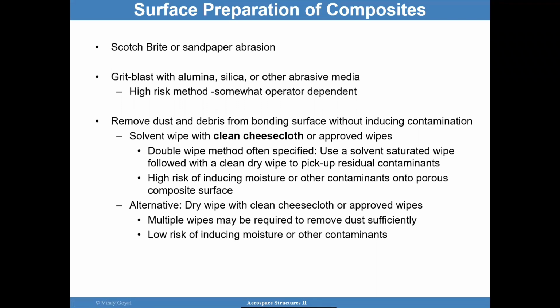So surface preparation of composites is extremely important. There's a lot of different ways to approach it. Abrading the surfaces to increase that connection between the adhesive and the adherend. You have the grit blast approach. It is a high-risk method. We want to be able to remove dust and debris from the bonding surfaces without inducing contamination. And that is achieved with a solvent wipe, with approved wipes, making sure you pick up any contaminants. But that now becomes an issue from the moisture perspective. Am I introducing moisture into the porous composite surface? So an alternative is to use a dry wipe or approved wipes, but you may want to wipe sufficiently enough where you're confident that all contaminants have been removed,